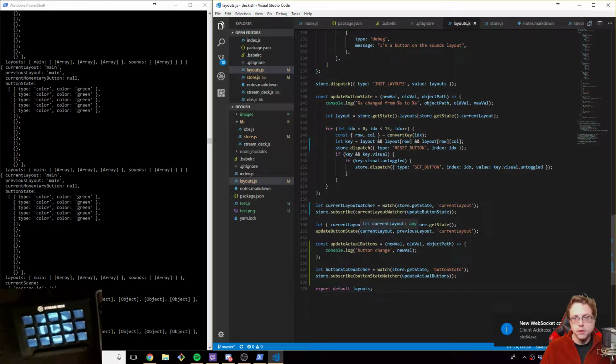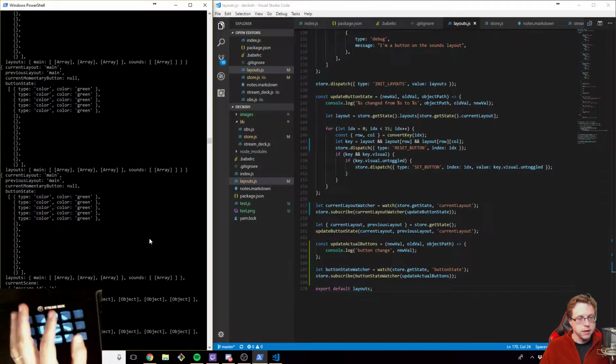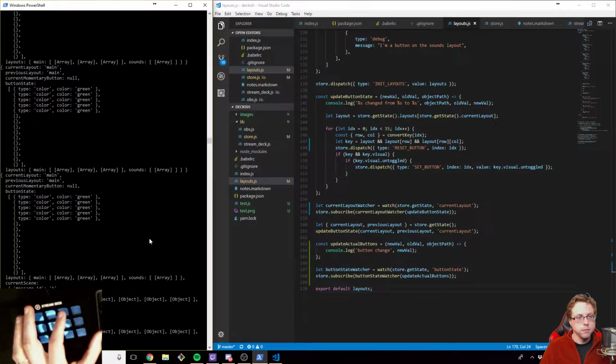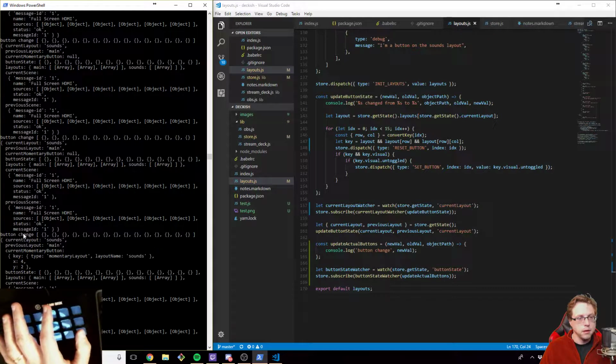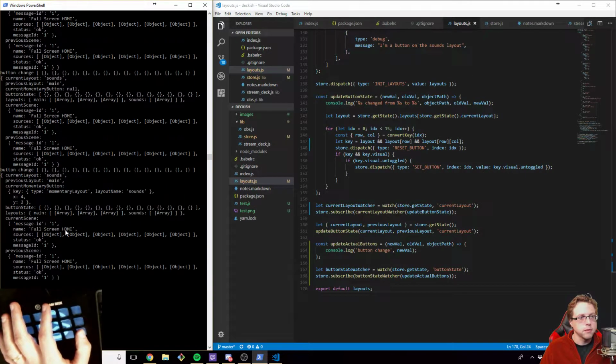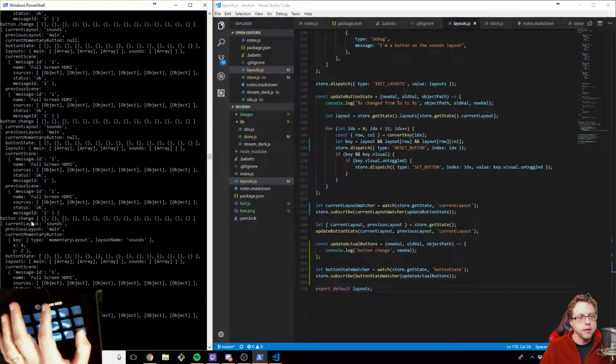So far, so good. So now I should get this to fire if I change the layout, right? Because it's going to update the button state and then call this. Yeah. Let's see. Button change. I don't see button change on here. Oh, yeah, I do. There it is. Okay. So that's giving me the updated